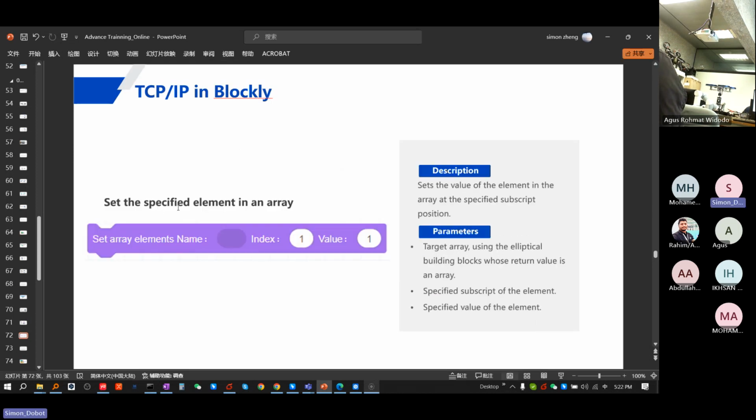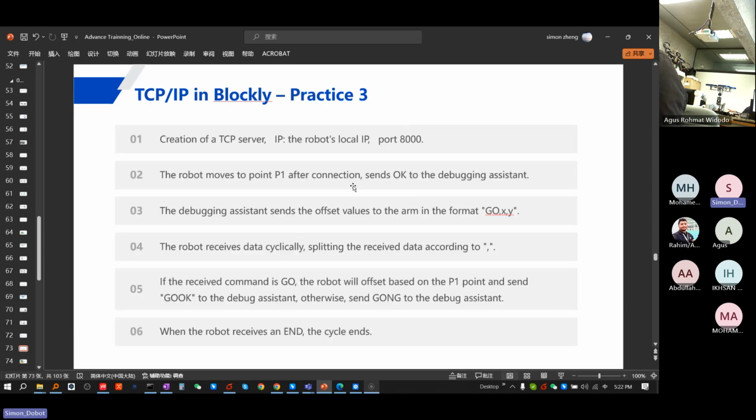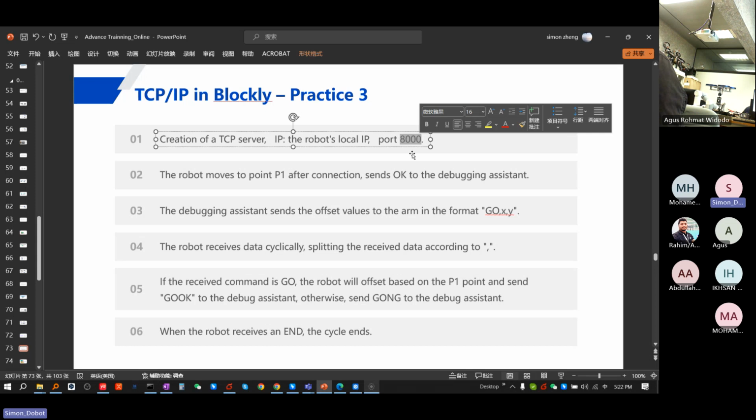You can also change an element of an array: you put the array name, the index, and the value. And for the practice, we create a server with an IP and port. For the port here you can put any port you want, except the other